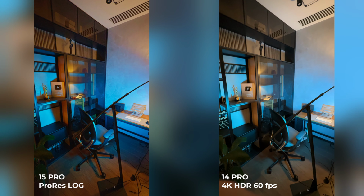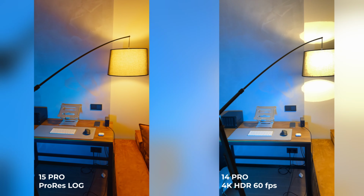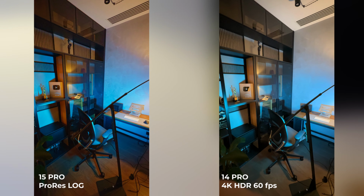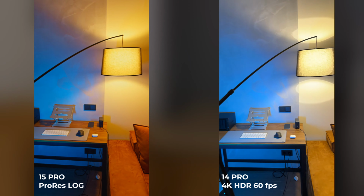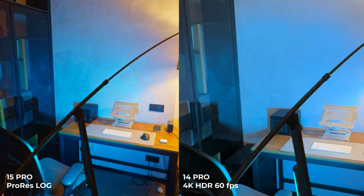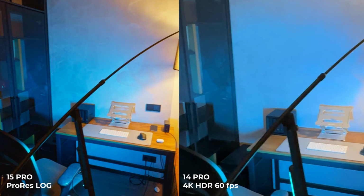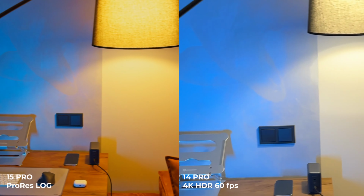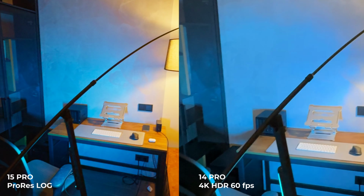If we compare videos in low light, then the situation will also be similar. Both smartphones are equally struggling and trying to make the video better, but the result is different. On the 14 Pro, the image turns out as bad as expected. Strange shades, noise, lack of detail. On the 15 Pro, we can again see that the colors are more realistic. The noise is less visible, but less. Yes, in some places, detail and dynamic range may suffer, but I believe that realism is much more important than